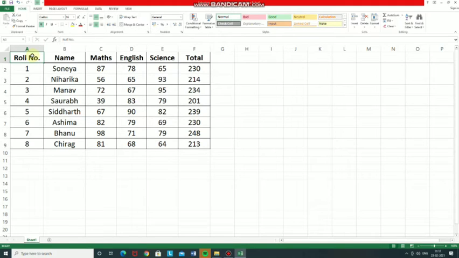Then, keeping the left mouse button pressed, drag the mouse pointer. A thick plus sign will appear, see here. Now drag the mouse pointer to the diagonally opposite corner cell.